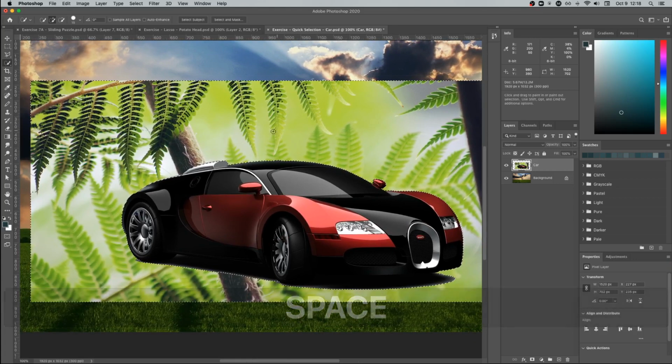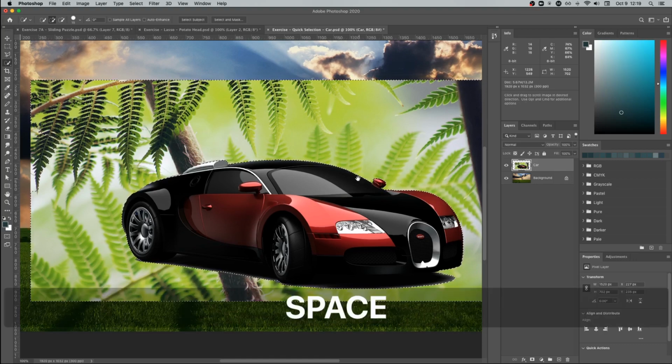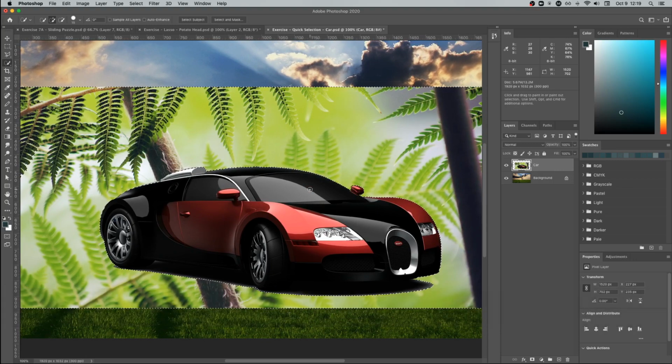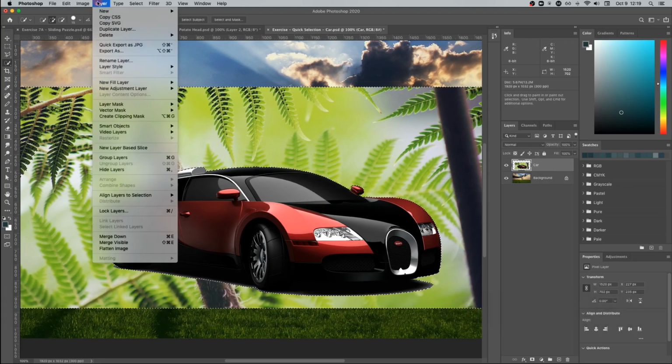So now what do we do now that we have this selection? What I want you to do is to learn how to create a layer mask from a selection. This is a very good way of working inside Photoshop. So I'm going to go to Layer, Layer Mask,